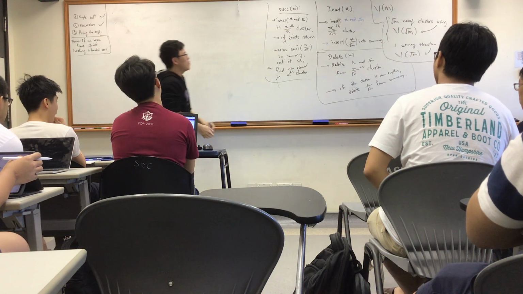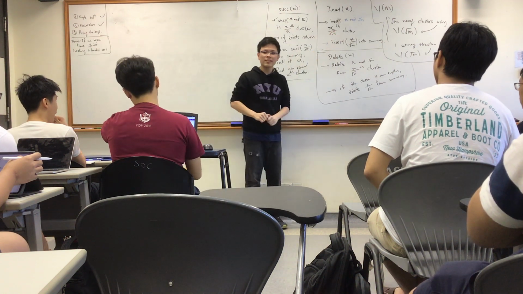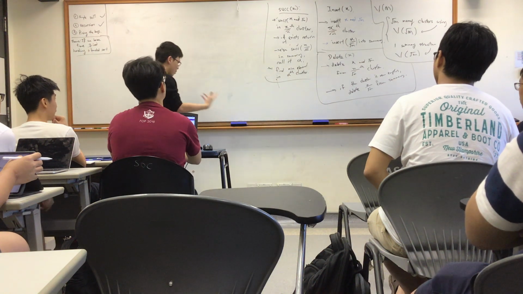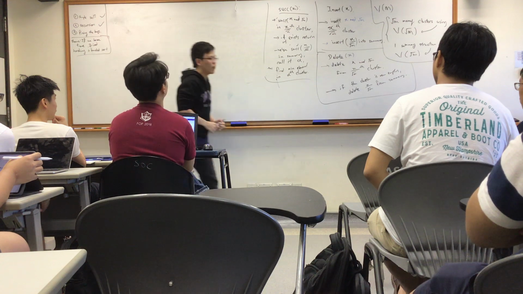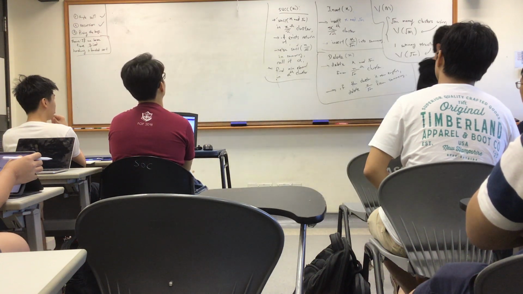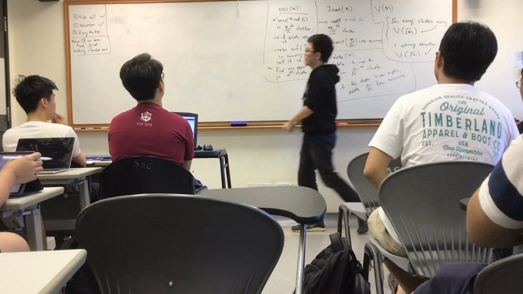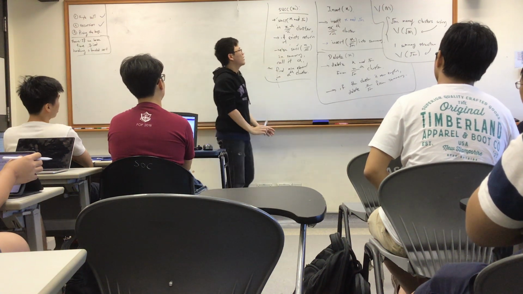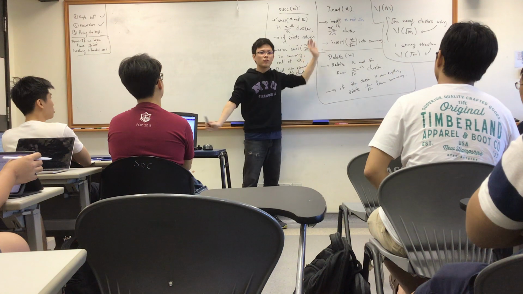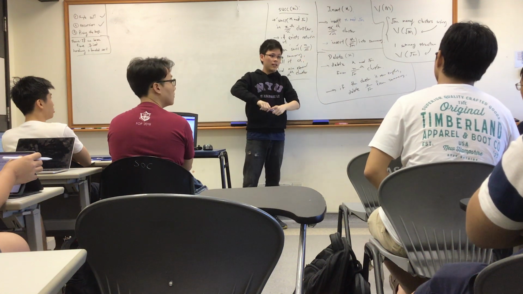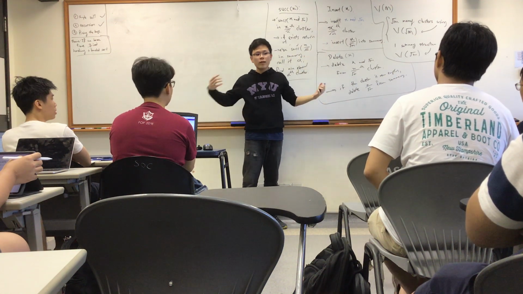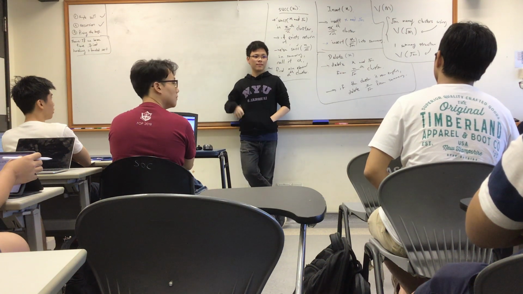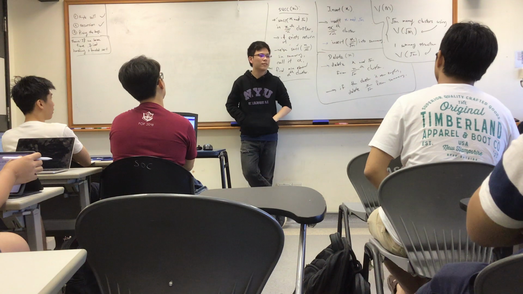So insert right now has 2 recursive calls. That's kind of an issue. Does anyone have any suggestions on how I'm going to cut it down to just 1 call? You don't have to think too hard, but yeah. And we're going to go through multiple iterations. We're actually going to go back and forth. But what's the issue here? Why am I making 2 calls? You need the summary array. Okay, I need the summary array. But do I always need to update into the summary? Not really. So when do I update into the summary?